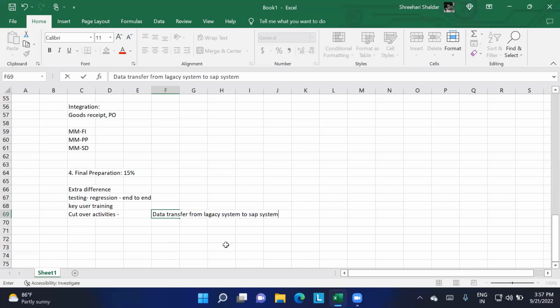So here we are going to provide Excel sheets to the end users. The Excels are in a particular format, and we provide this Excel sheet to the end user.